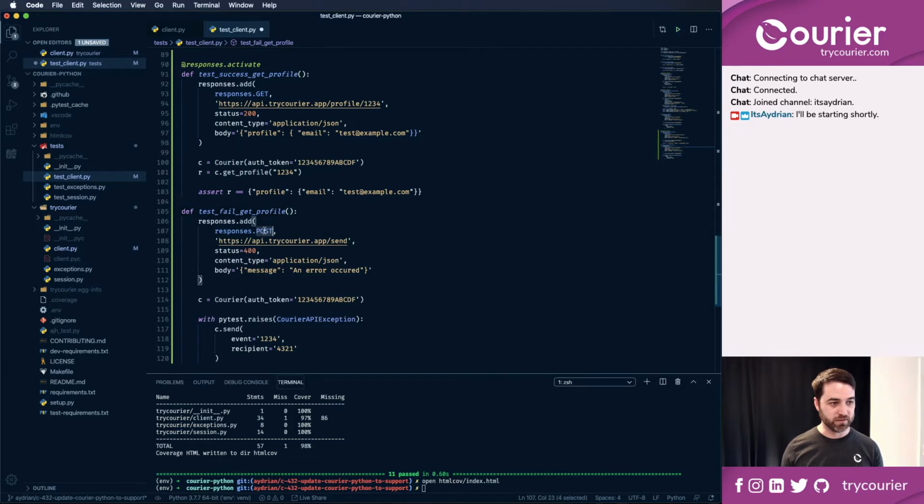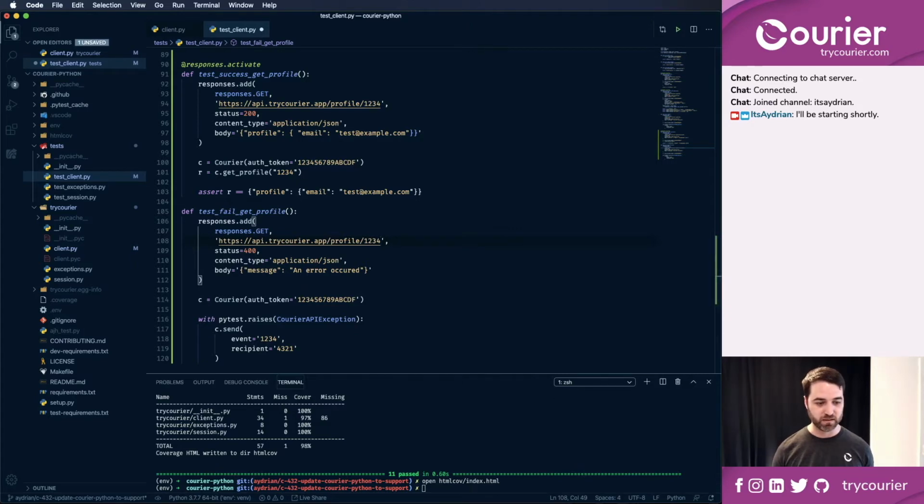Okay, and so this is going to be a response from a get. It's going to look like this one instead of the send. We are going to make it send a 400 status, meaning that something happened on the Courier side. Again, content type is application JSON, and the message we pass back, if there is a fail, looks something like this,